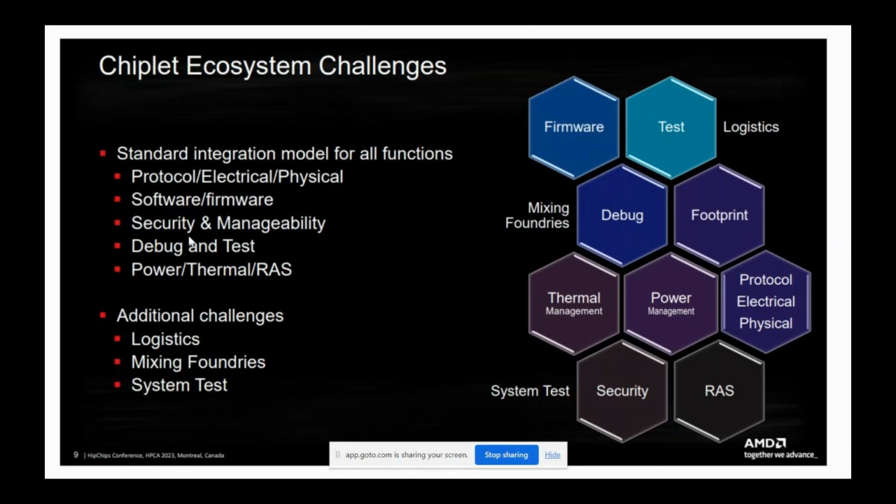Security is a whole other beast, but manageability is what I mentioned: configurability, real-time management, in-field debug, test, all of these things, right? And then the other stuff is around how you get things from one place to another, if you're getting stuff from different foundries, and then final assembly and test. These are the broad buckets.